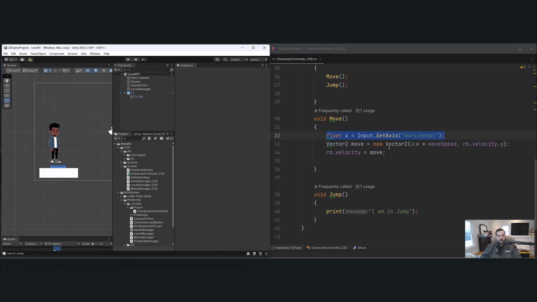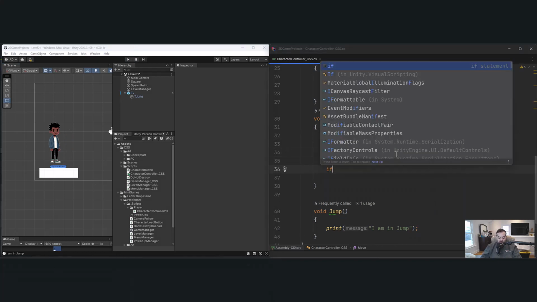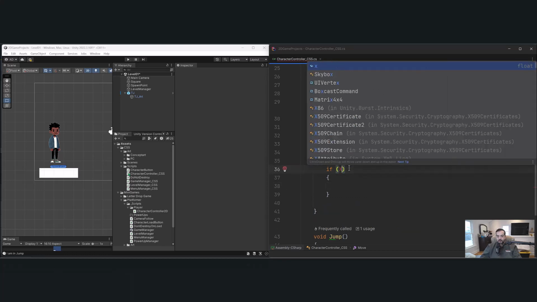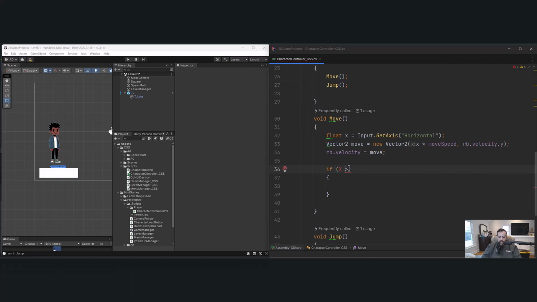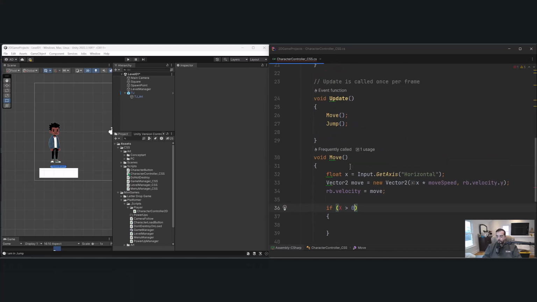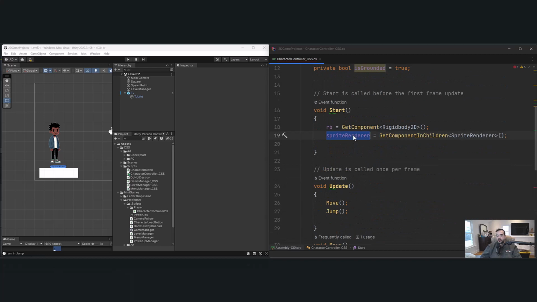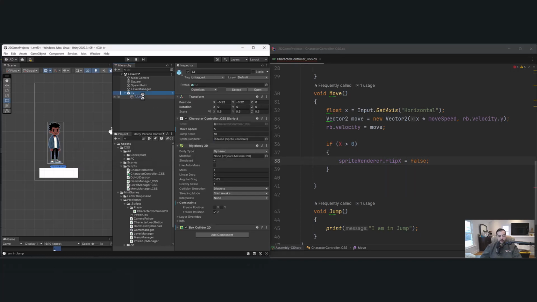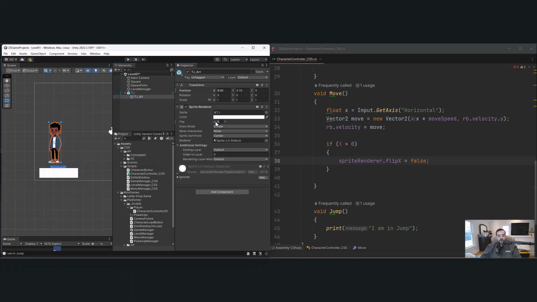All right, so let's go ahead and just do a quick access to that. So if, and then tab, the x-axis is greater than 0. We're going to grab our sprite renderer. Remember, this is getting that component from below. And this is pretty easy. And then you just do dot, and this is pre-made, flipX equals false. Remember, this is a Boolean value here where it's just a check mark, which checks it on and off. So we're saying, okay, if x, which is this value here, let's make sure we have the right case, if x is greater than 0, we're going to flip it,